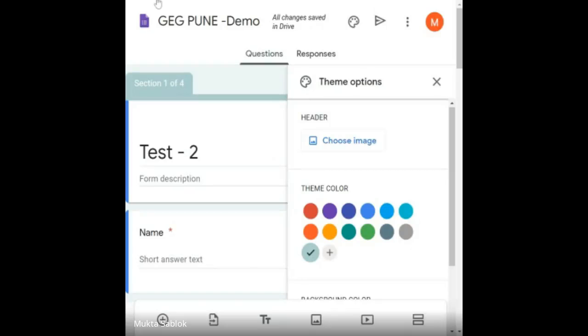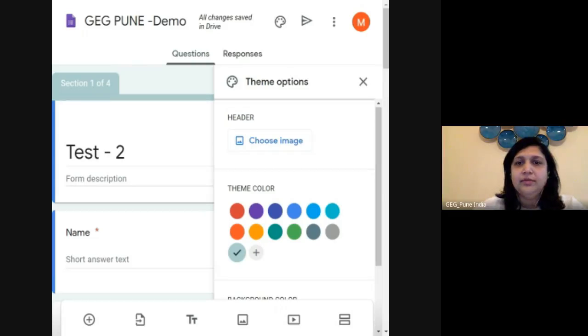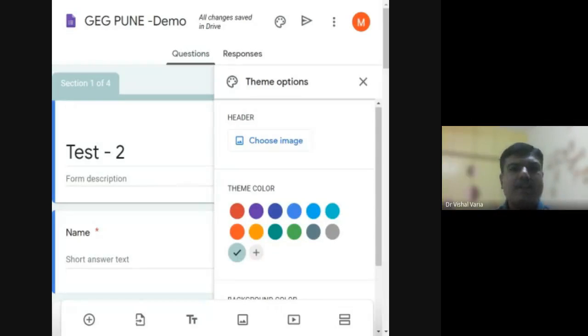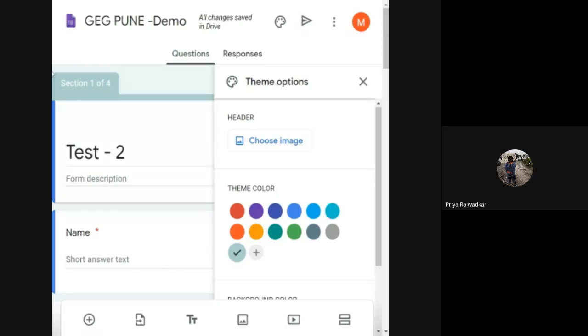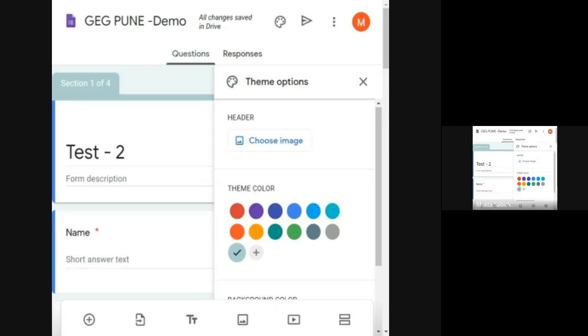Is it now fine? Reshma, can you please confirm it? It's now better. Yes, we can see it. The only thing is, I will pin your screen so that you will be the only one visible. Much better now, everybody can see it. It's clear. Okay, go ahead. Thank you so much, and sorry for the issue.